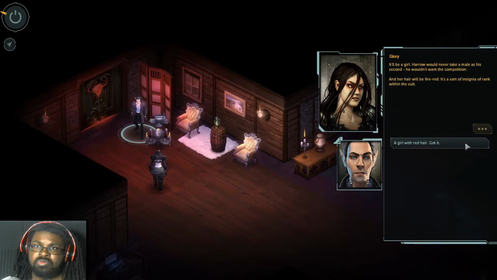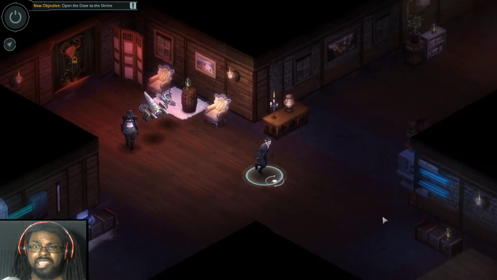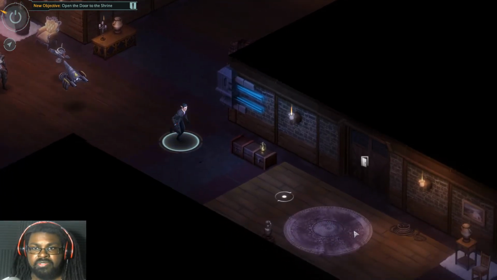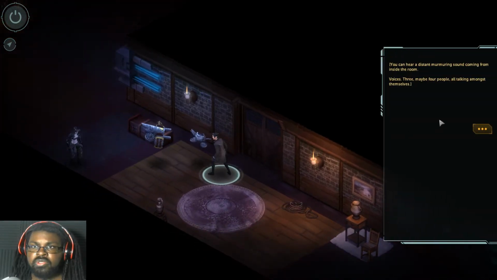Interesting. And her hair will be fire red. It's a sort of insignia of rank within the cult. A girl with red hair got it. Wow. Okay. He made you dye your hair red? Alright. Apparently Harrow's into redheads. I mean, if you were running a cult and whatnot,